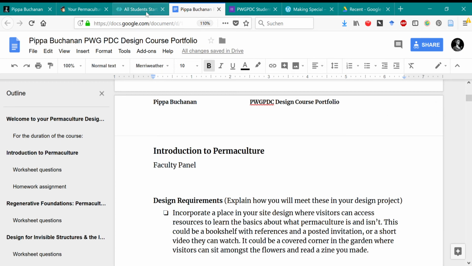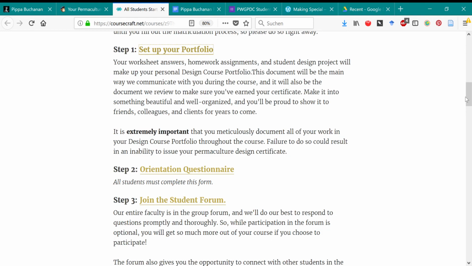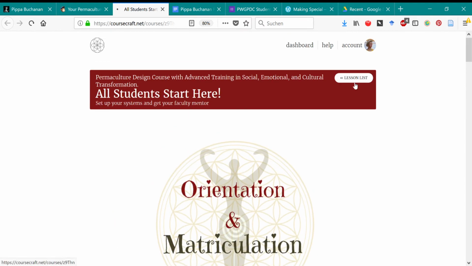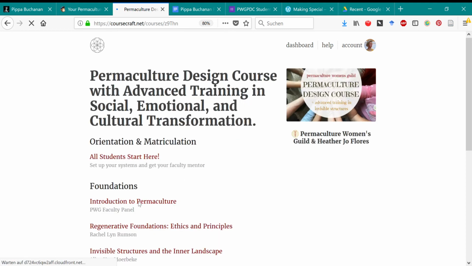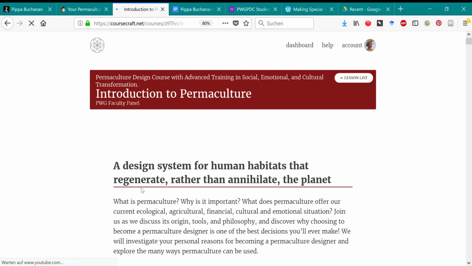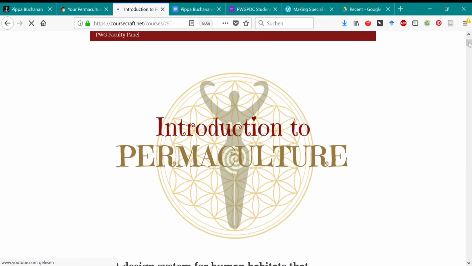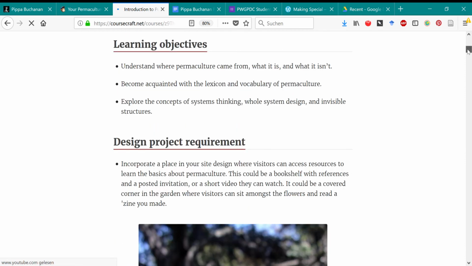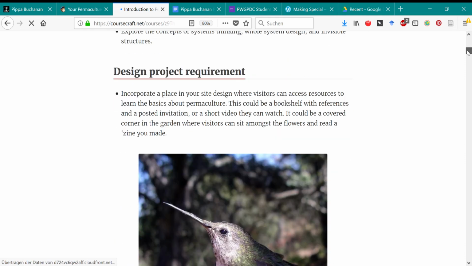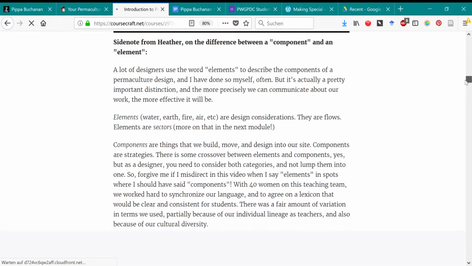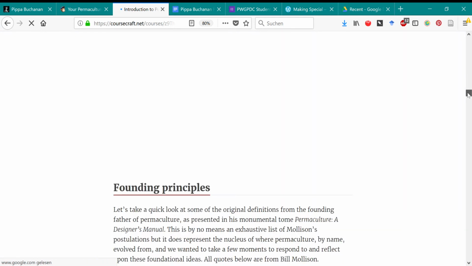You'll come across this at the end of every one of the modules. So if we go up here into the main lesson list of the PDC, for example, here we've got this introduction module. And you have here the learning objectives, so our goals for the module. The design project requirement is also included here. And then once you've worked through all of the material, all of the videos,